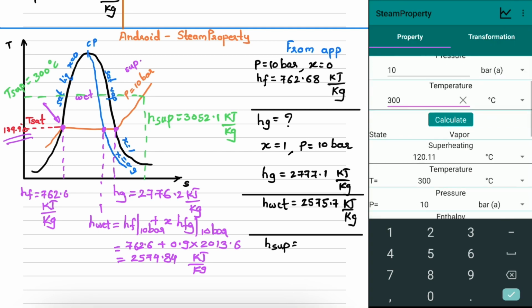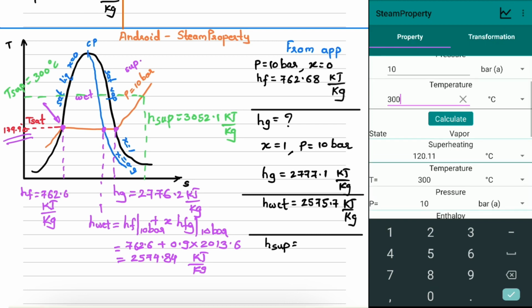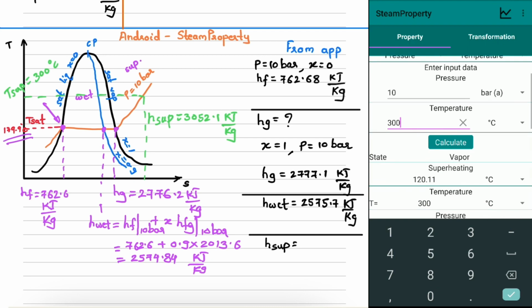Click calculate. So here first thing which you can see is degree of superheating, which is 120.11 degrees Celsius. Now this degree of superheating can give us the Tsat temperature. So how to calculate Tsat from degree of superheating?